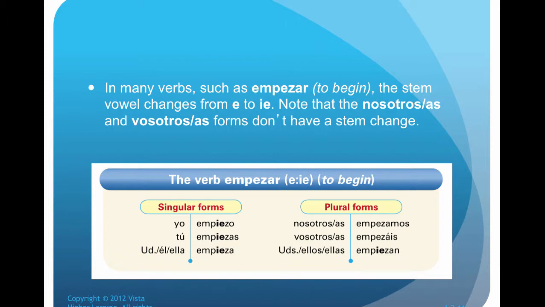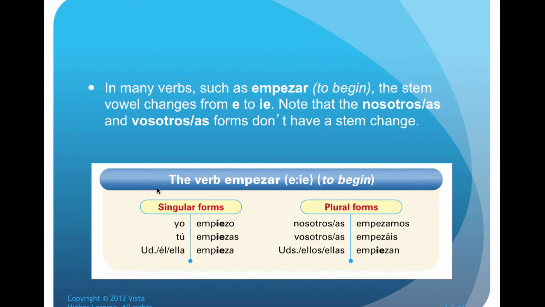Note that the nosotros and vosotros forms don't have a stem change. So I just said this a second ago, but I just wanted to show you here, okay, that with empiezo or empiezas, we do have the stem change, and in nosotros and the vosotros forms we do not. So in a way, you can think of a boot here.